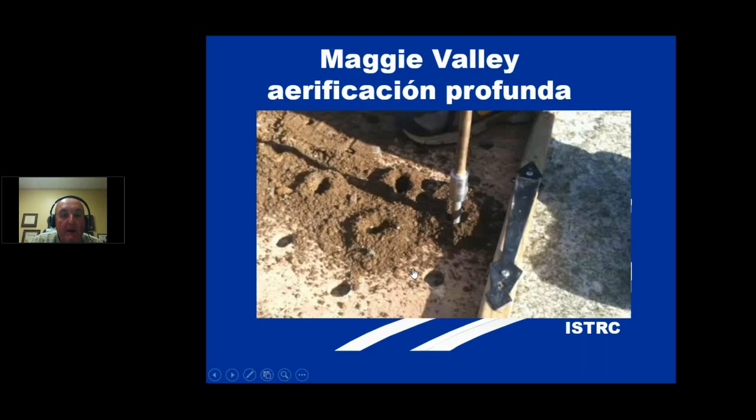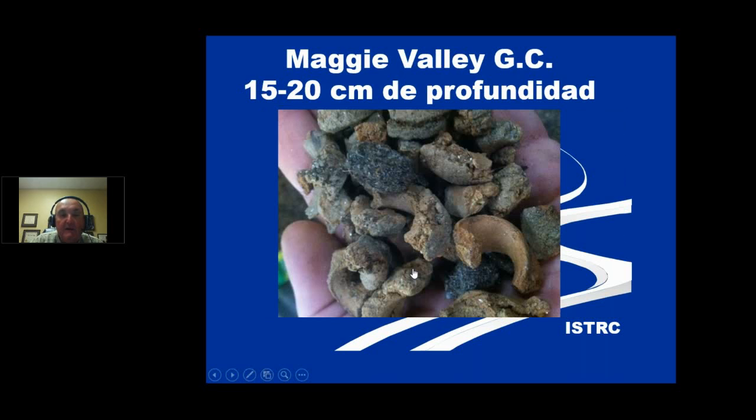You can pick it up and you can dump it to the side. In this particular case, this is on Maggie Valley, which is here in the States. They got down to a hard pan, and this hard pan had been cemented, so that this is what the drill brought up. And that hard pan was impervious to water, would not let it go. So it was just sitting there, and the water would go down, hit this particular area, and you ended up with the